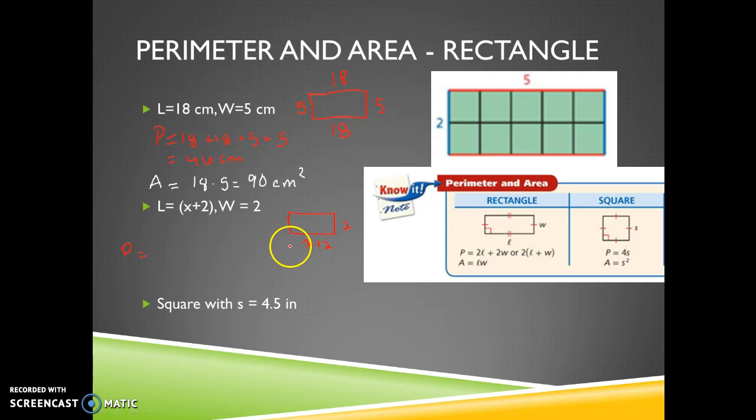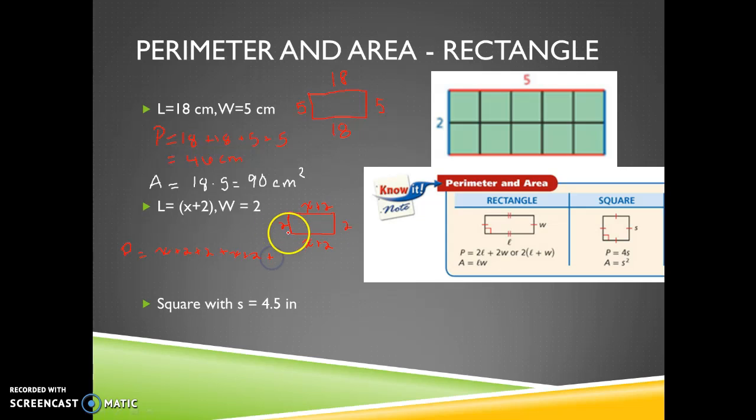So again, remember, if x plus 2 is this length, this length is also x plus 2. And if the width is 2, the width on the left is also 2. So perimeter is going to be, and add up all the way around, x plus 2 plus 2 plus x plus 2